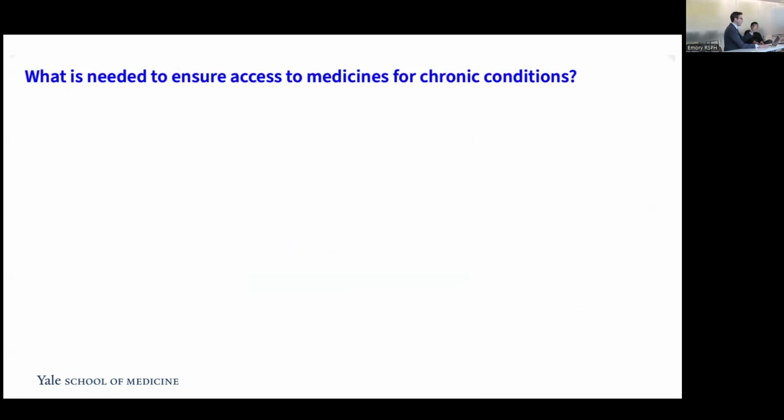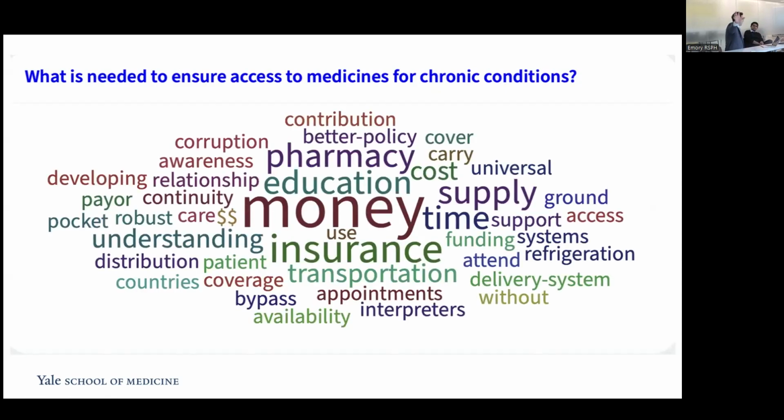So I was going to do an interactive activity. The technology wasn't working out, and I didn't know how many people would be in the room. So I'll just show you. When I've given versions of this talk, I do an interactive exercise around what is needed to ensure access to medicines for chronic conditions. And this is just a word cloud from the last time I did this. I thought it'd be easier to not take a chance with the technology. But these are some of the things that people think about, right? And money always comes out front and center, insurance, time, transportation, but also delivery system, refrigeration, corruption,